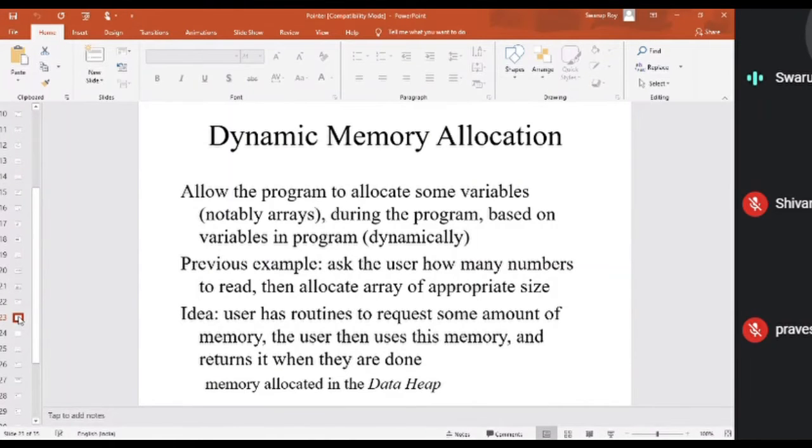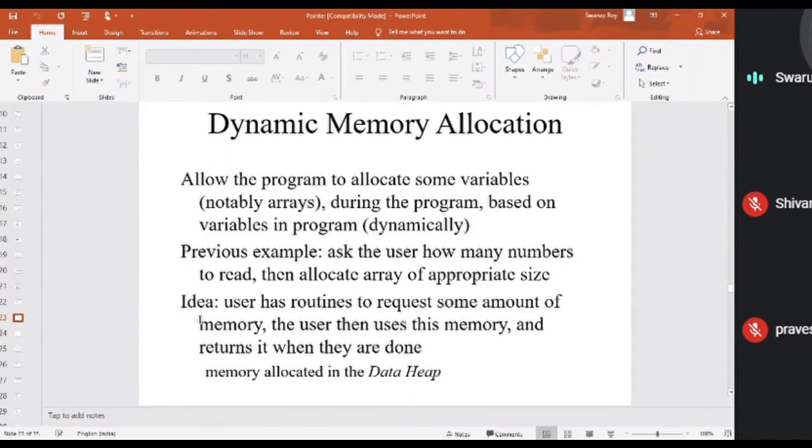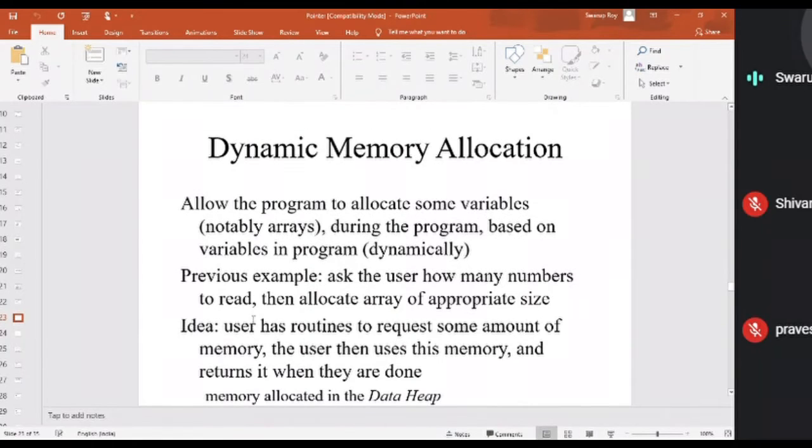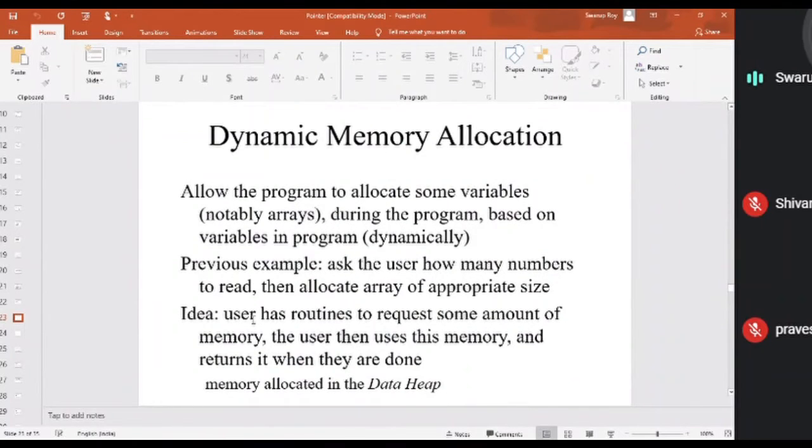It's not necessarily an array, it can be any variable that you create using dynamic memory allocation, but in most cases for our programming purposes, we use an array. Now the important factor is that while doing dynamic memory allocation, you have to have access to that memory location. Otherwise, you cannot use that particular allocated space. So there is a great use of pointers while using dynamic memory allocation. Without the help of pointers, it's difficult to use dynamic memory.